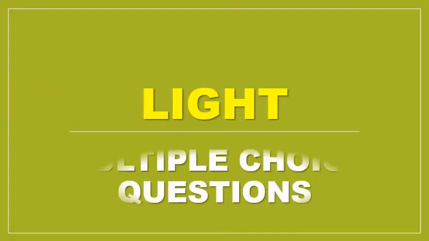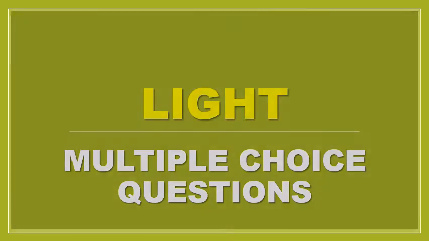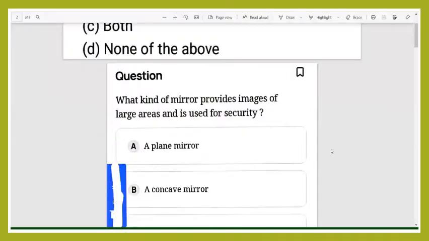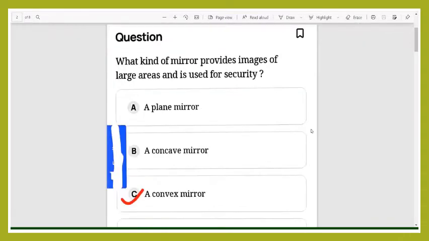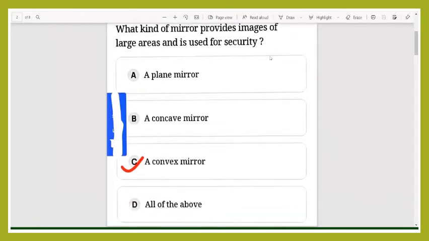Light. Multiple choice questions. A few MCQs. The first one is, what kind of a mirror provides images of large areas and is used